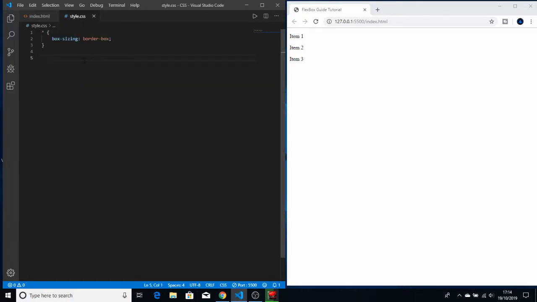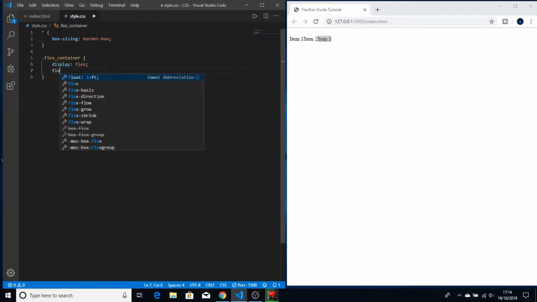So if we first get started by getting our outer div because we want to apply Flex to it. To get started with Flex, all we have to do is say display flex on whatever element we want to display it on. Save that and notice it goes into more of an inline block styling. Well, Flexbox